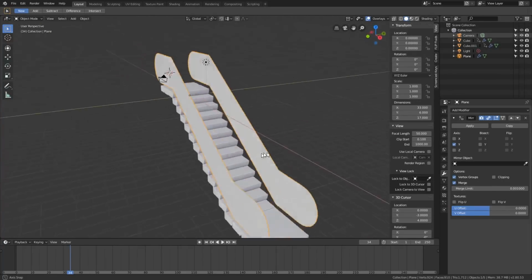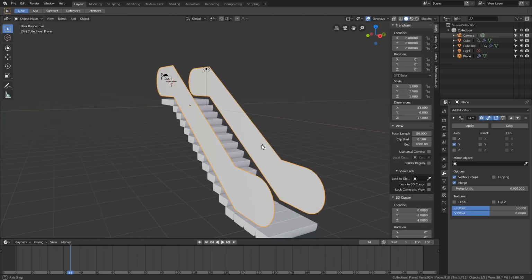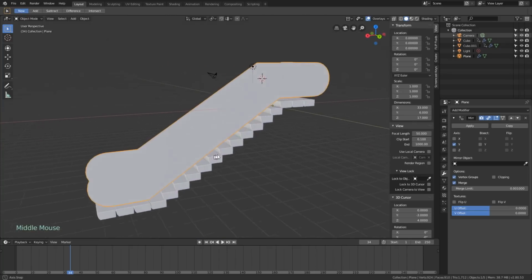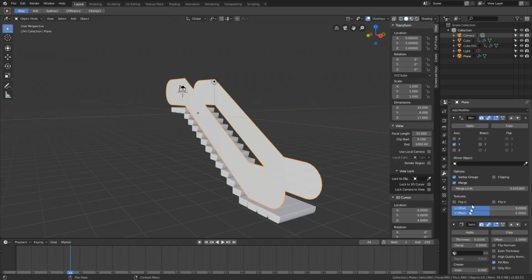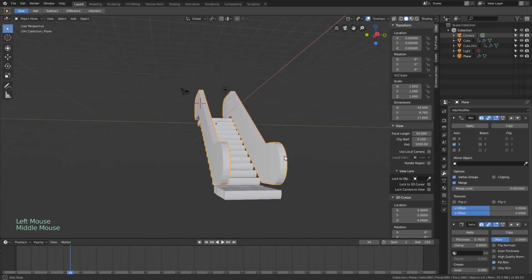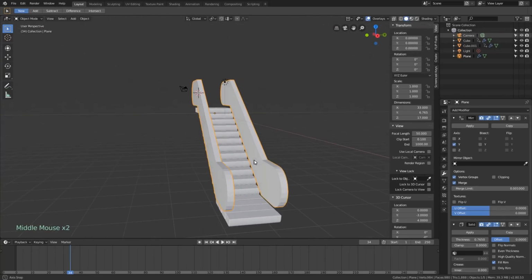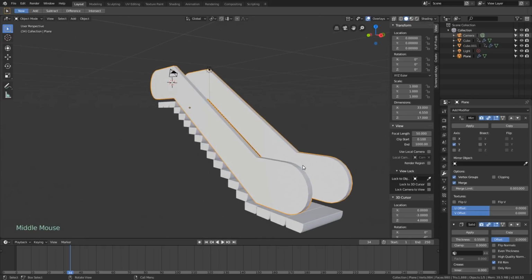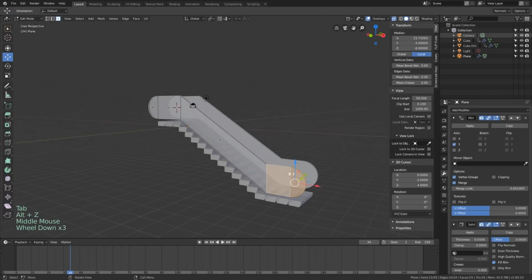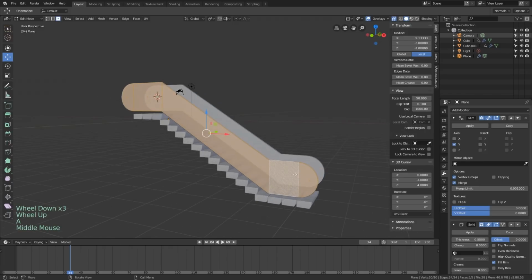Okay, so now we're going to use the same object to just create a few more pieces. But those pieces will all have a couple modifiers, so I'm going to go ahead and add those. For one is the solidify modifier. I'm going to use that a couple times here. And now let's change this offset to 0 so that it goes from the middle. Everything will be nice and aligned that way. Okay, so that's about the thickness I'll want the handrail. Yeah, something like that. And then in edit mode, I'm pressing Alt-Z to go into that X-ray mode.